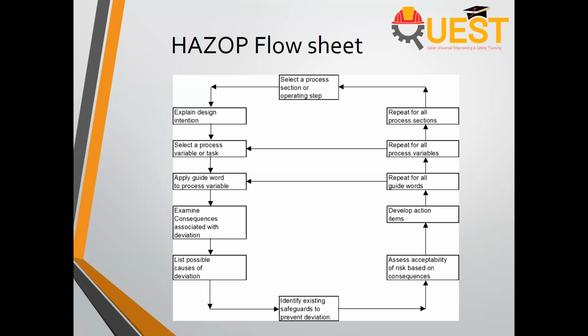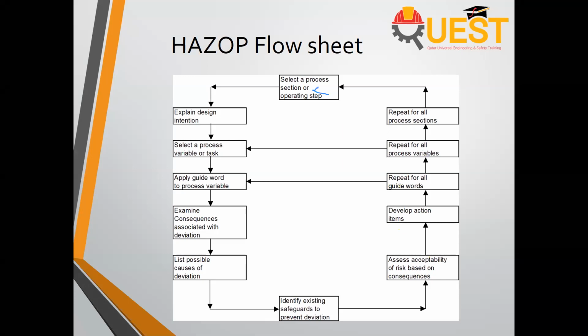We have this process section or the operating step. We will select that, for example, a heat exchanger. We will apply a HAZOP study on that heat exchanger. For that, we will select the heat exchanger and try to explain the design intention. We will give the process variable a task, and also apply the guide words like more, less, what happens if the deviation goes up, goes down, and we will examine the consequences associated with the deviation, and we